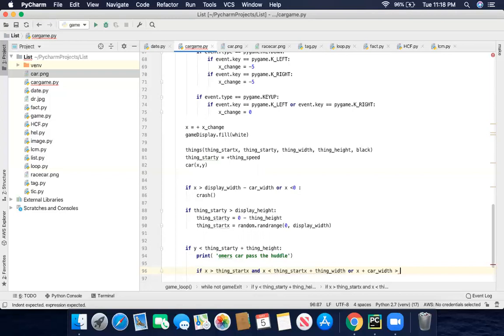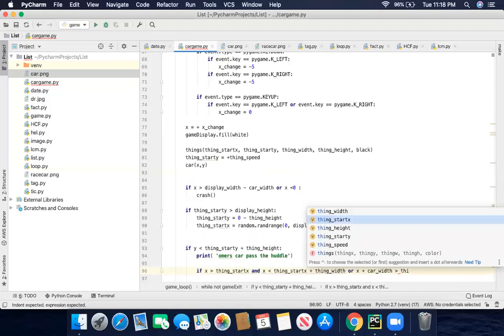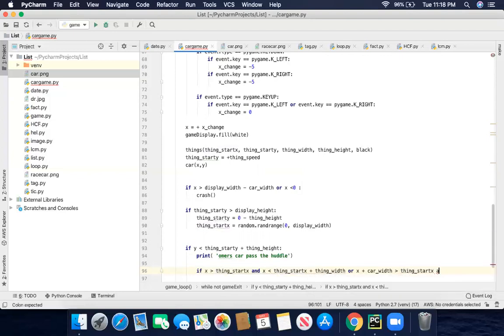So we are going to write thing_start_x and x plus car_width. So it will appear as a message